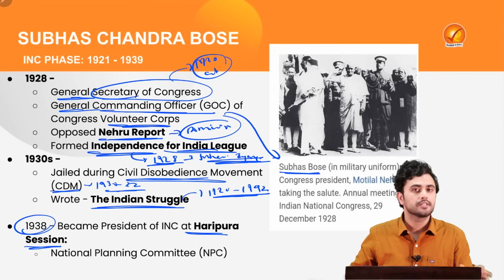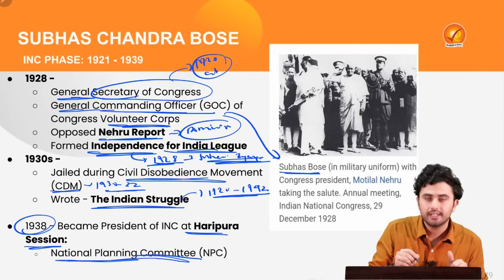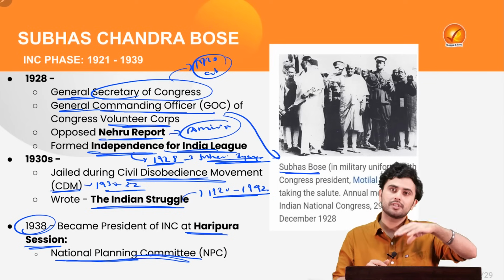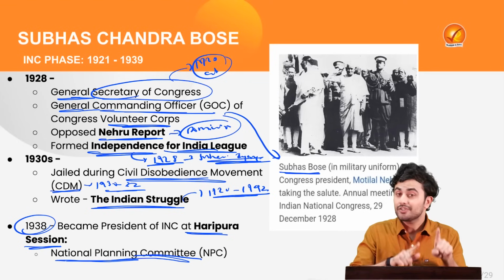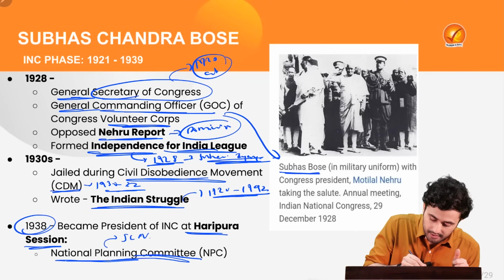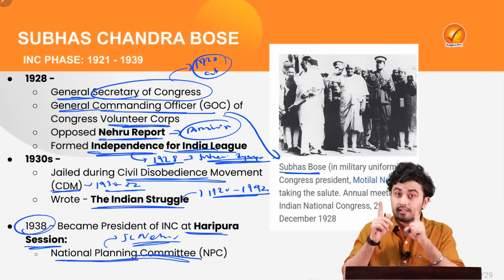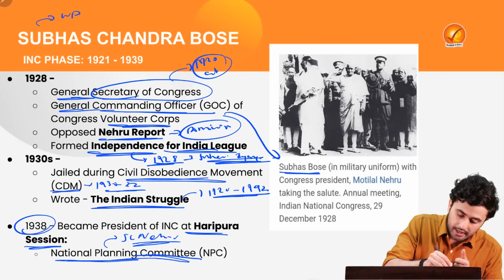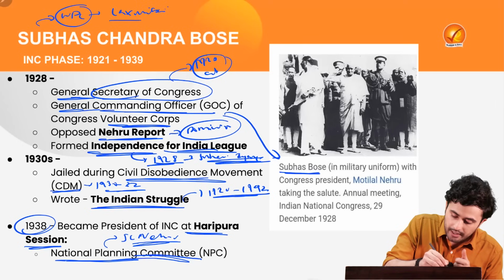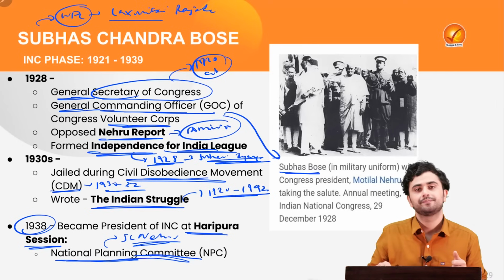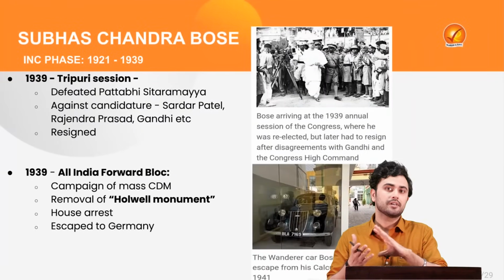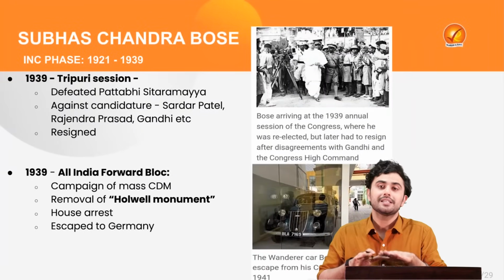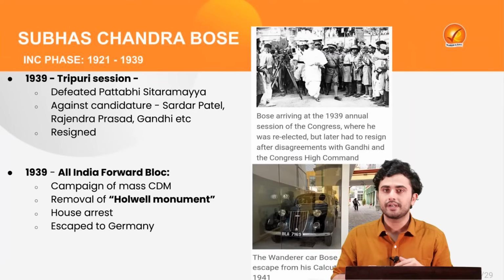Under his presidency, he launched a National Planning Committee, which acted as a model for the National Planning Commission, which came later after independence. This National Planning Committee was headed by none other than Jawaharlal Nehru. At the same time, remember that he also created a Women's Planning Committee, which was led by Lakshmibai Rajwade. Also, this whole period between 1930 and 1938 is considered the high noon of politics for Subhash